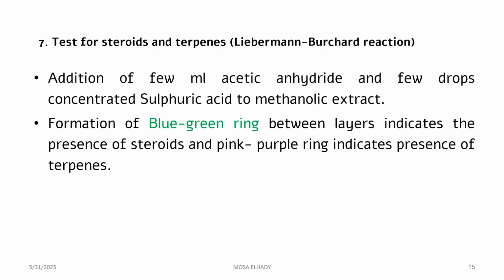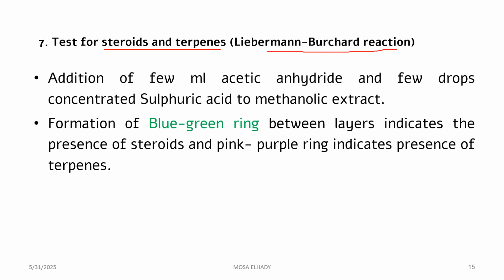Steroids and terpenes are biosynthesized through the same pathway, the mevalonic acid pathway, and they are similar in their chemical structure. They are composed of isoprene units. The isoprene unit is a 5-carbon building block used as precursor for synthesis of terpenoids and steroids. Both of them, steroids and terpenes, consist of 30 carbon atoms. The test used for detection of terpenes and steroids is the